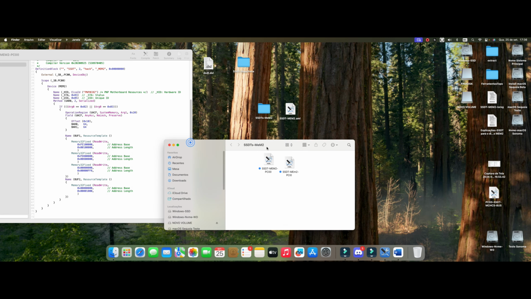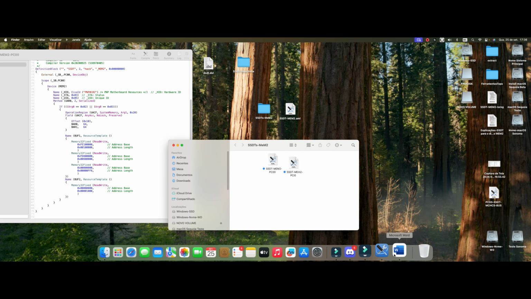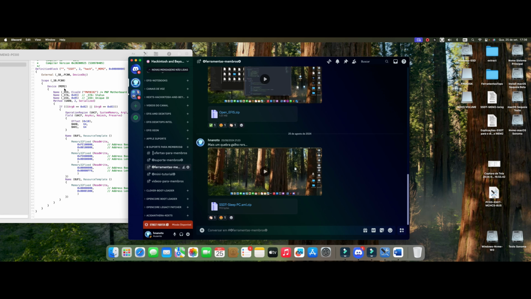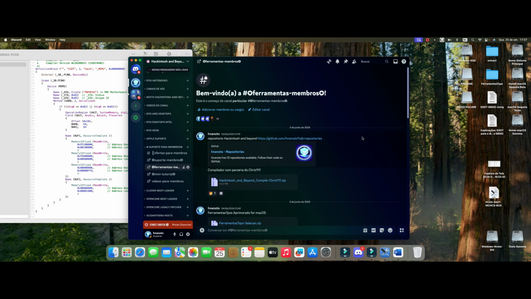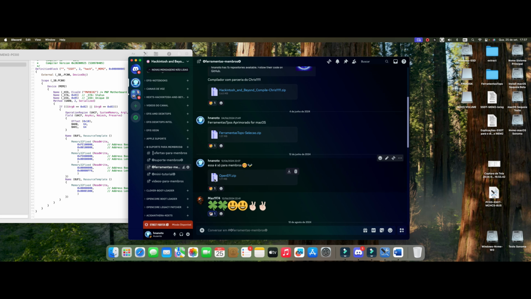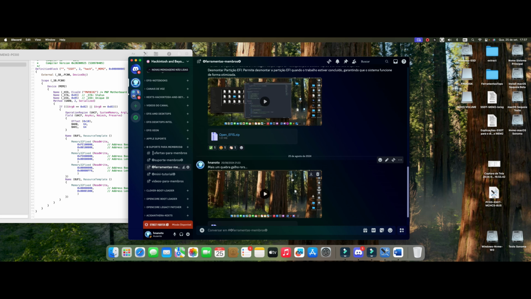this agreement. Oh, it's in this tab here. Oh, tools for members, okay? So I'm going to leave it here. There are some videos. There are a lot of tools here for members, okay? There's Open the Fire here, which I use a lot, okay? But I left it just for the members, and I'm going to leave this folder here with the explanation, okay?